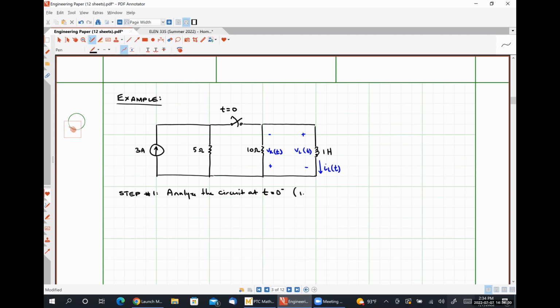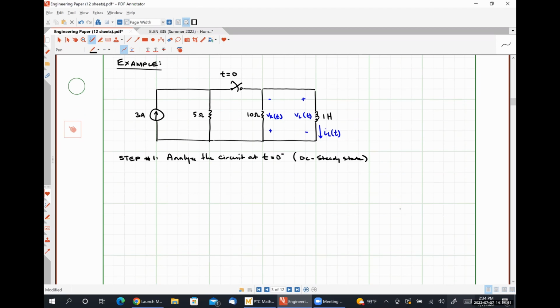Recall that this is a DC steady state condition, and therefore we're going to need to replace our inductor with its DC steady state equivalent, which is a short circuit. Okay, so at t is equal to 0 minus,